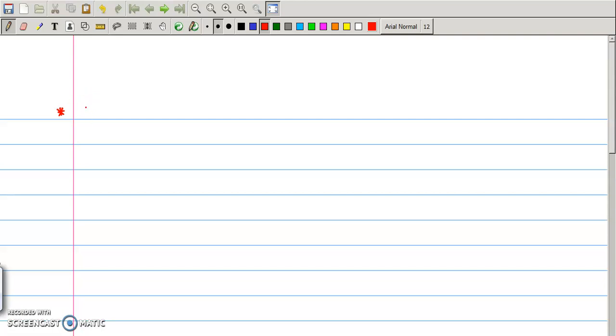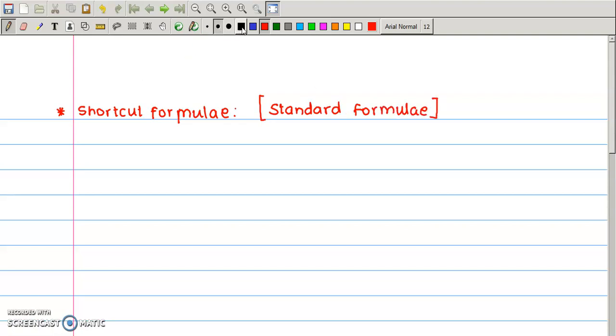Now we discuss the shortcut method formulae or the standard formulas to find particular integral. So here, while solving linear differential equation phi of D y equal to f of x, value of particular integral can be evaluated by operating 1 upon phi of D on f of x.